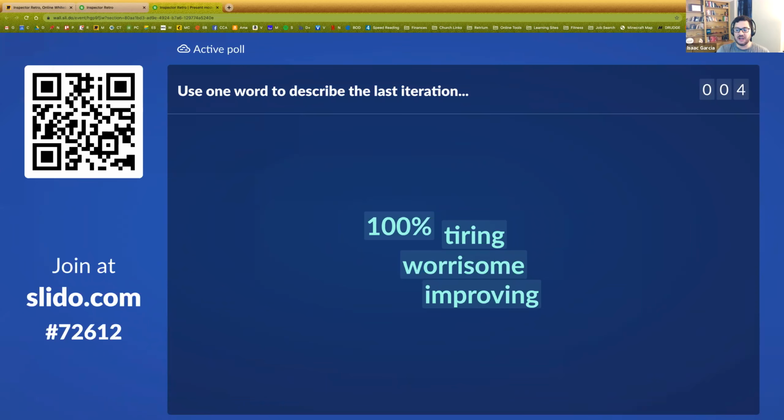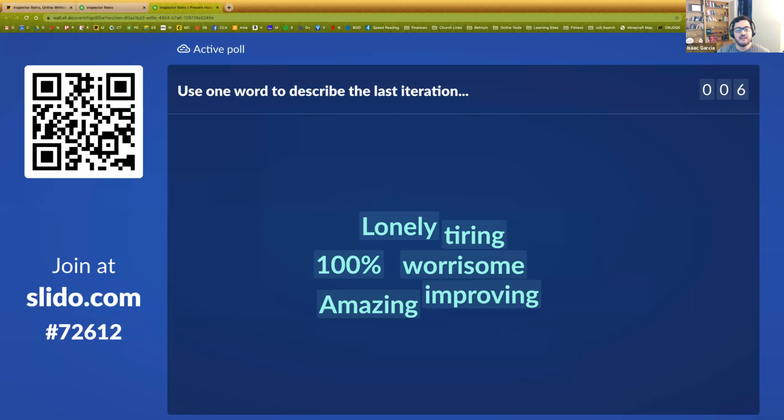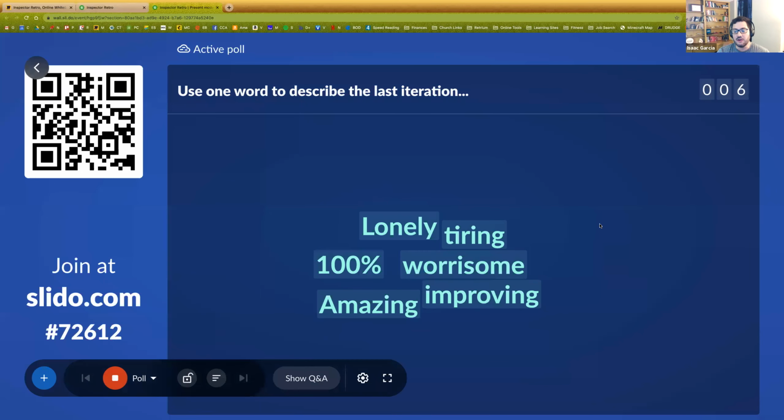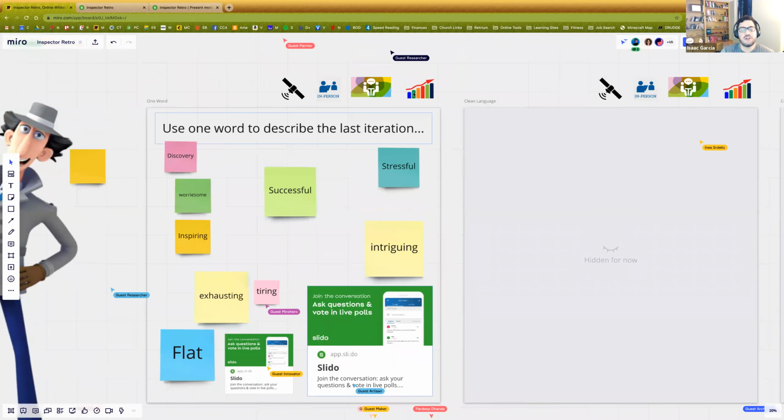Again, don't be judgmental. Don't be, oh, somebody put that in there. Why'd they put that in there? Just let it come in, and this is just a way of happily engaging with the team. By the way, if the link didn't work, you could say to them, they can go to slido.com and put in the number. You can customize that. I believe you get 3 free poll questions with the free account. And so I could export this and I could capture it somewhere to say, hey, look here, this is what we did for our word cloud. So that is a great tool. Slido, sli.do is the way that you get to them to do it if you wanted to do it at scale.